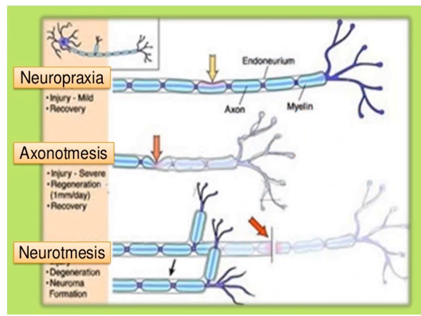Here, one picture explains all three. That is neuropraxia. We can see a little compression of the axon. There is not much damage to the neuron. Here, in axonotmesis, the injury is severe. So the distal portion is completely gone. It is completely destroyed, and signals, impulses or nutrients are not getting transmitted to the distal portion of the neuron. So there's a regeneration of 1 millimeter per day, and it is recoverable.